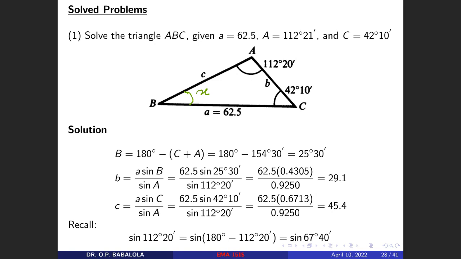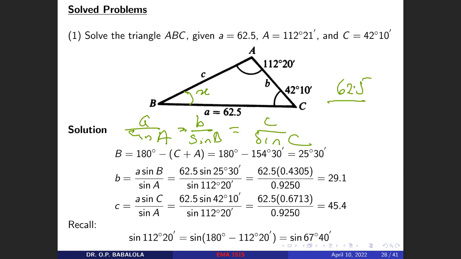From our sine rule, we have A over sine A equal to B over sine B equal to C over sine C. Now, we're looking for C and B, and we've only been given A. So simply what you do is you put A, 62.5 over sine A, which is sine 42 degrees 10 seconds,